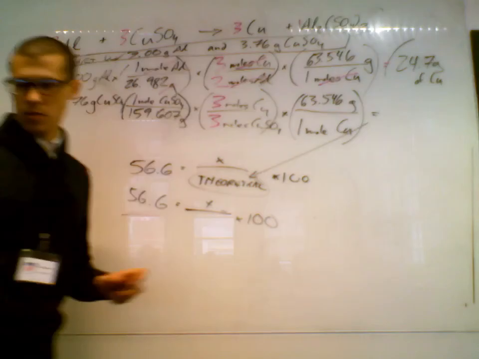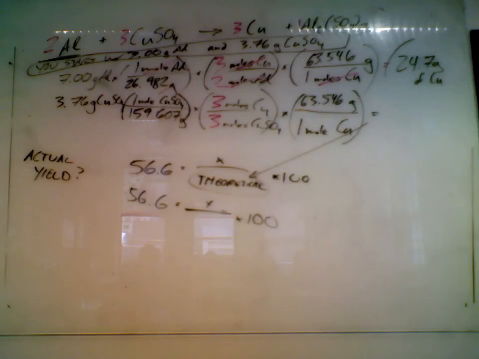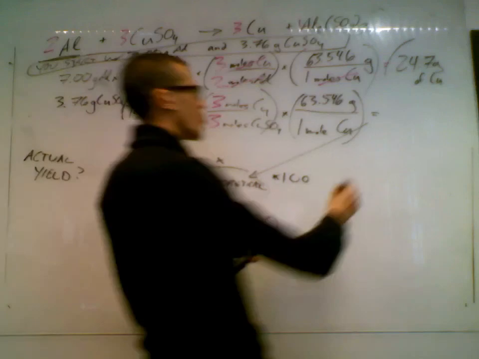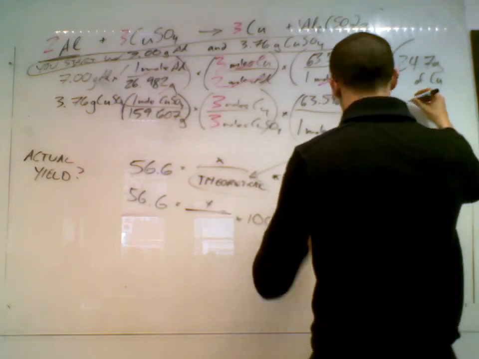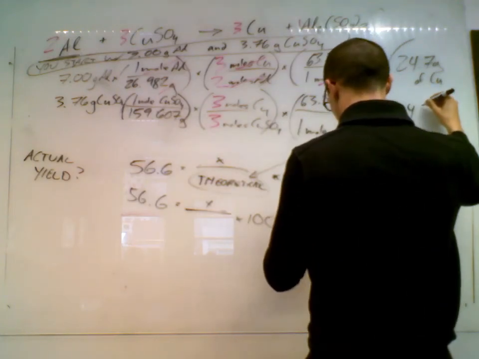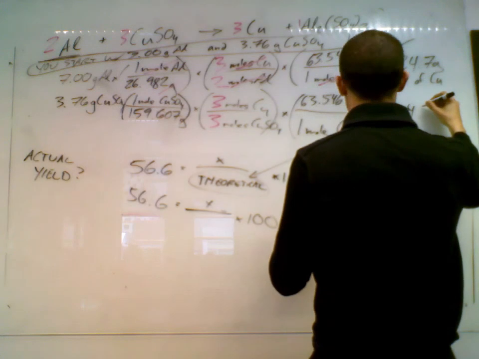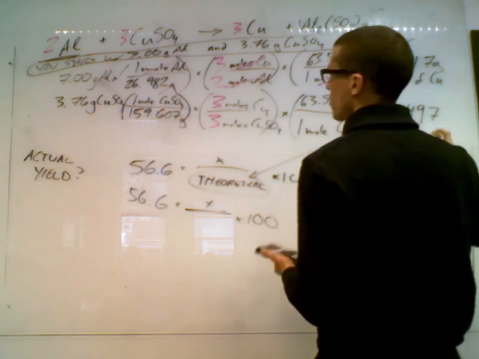This is interesting. 3.76 divided by 159.607 times 3 over 3 times 63.546, and we get such a small number. Look at that. So then that one would be the limit. 1.97, so that's going to be rounded to